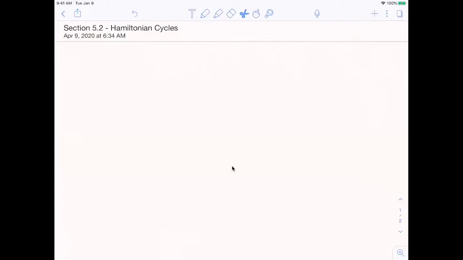Okay, so I'm going to try something a little bit different here and try to write this as we go. I hope it doesn't make the video too slow or too long, but what are my goals in the video? I'll just try to be brief here. So while I want to introduce what I mean by a Hamiltonian graph,